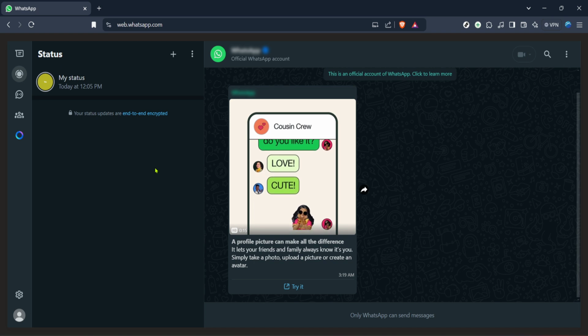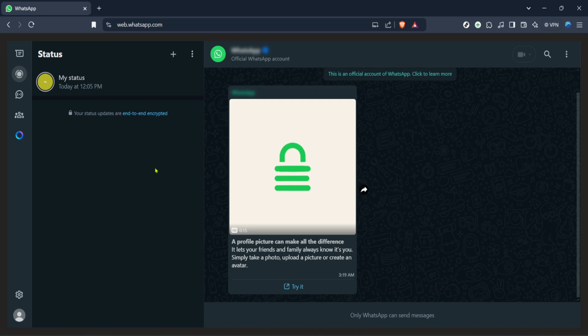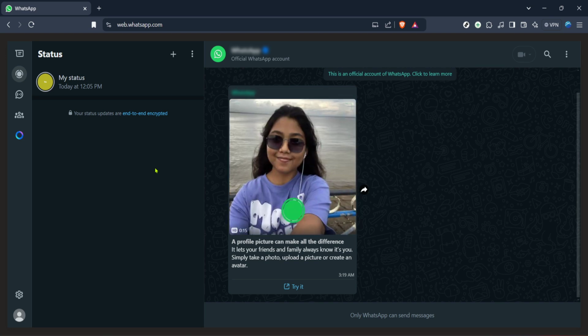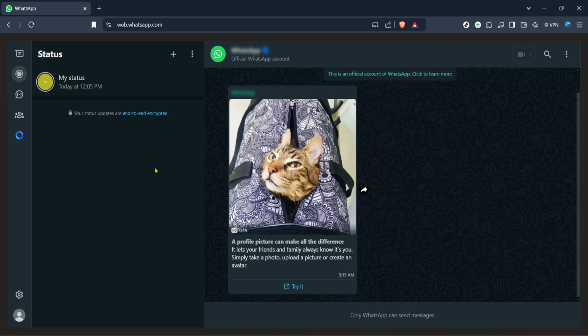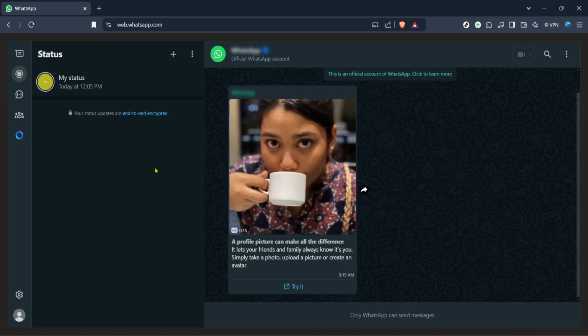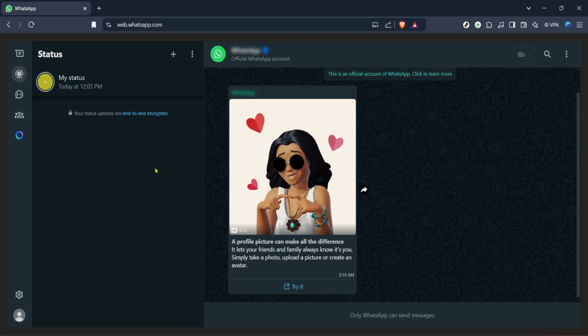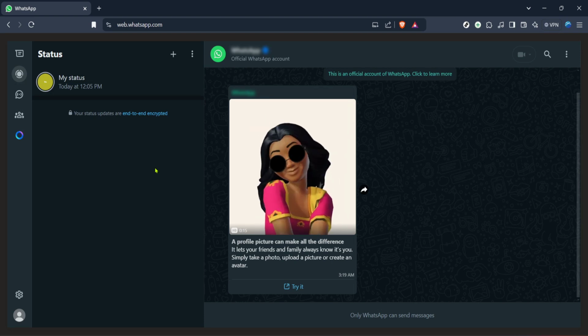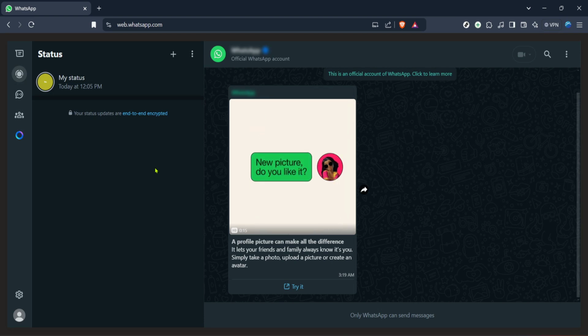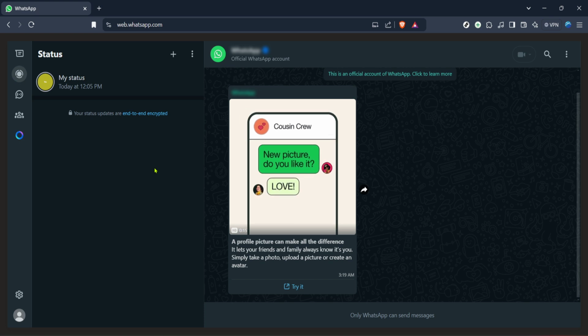In conclusion, WhatsApp Web's status feature is a splendid tool for real-time sharing, ideal for when you're working on your computer and want to remain engaged with your mobile contacts. The seamless integration between mobile and web makes WhatsApp a versatile platform for communication and sharing, irrespective of your device preference. Thank you for following along with this tutorial. Whether you're announcing something important, sharing a piece of your day, or simply expressing yourself, now you know how to do it from the comfort of your computer. Stay connected and share away.